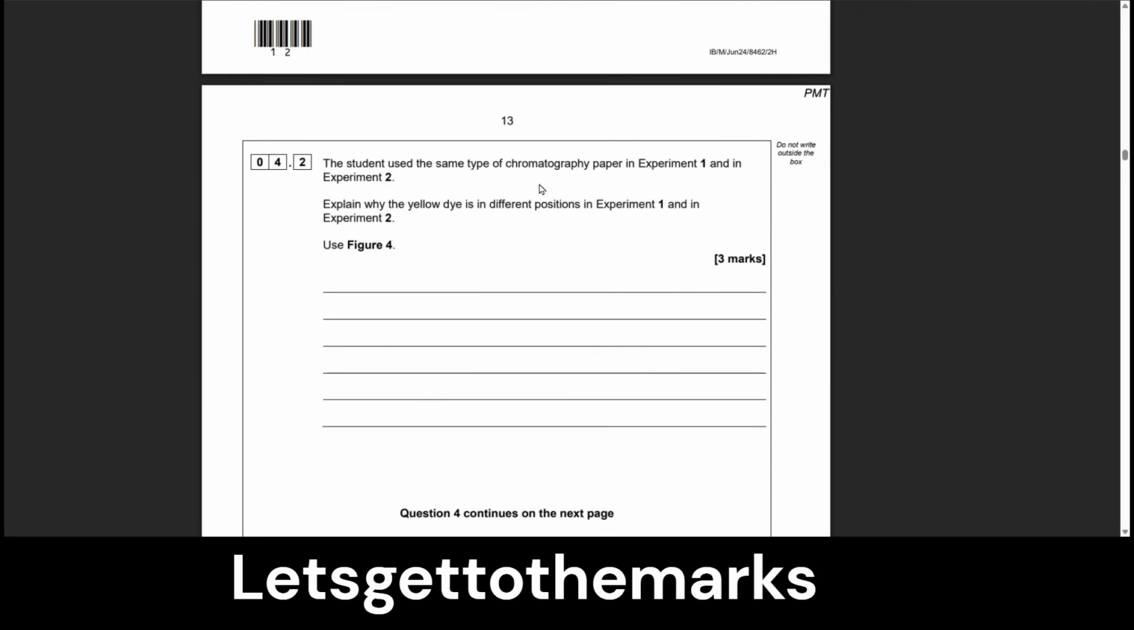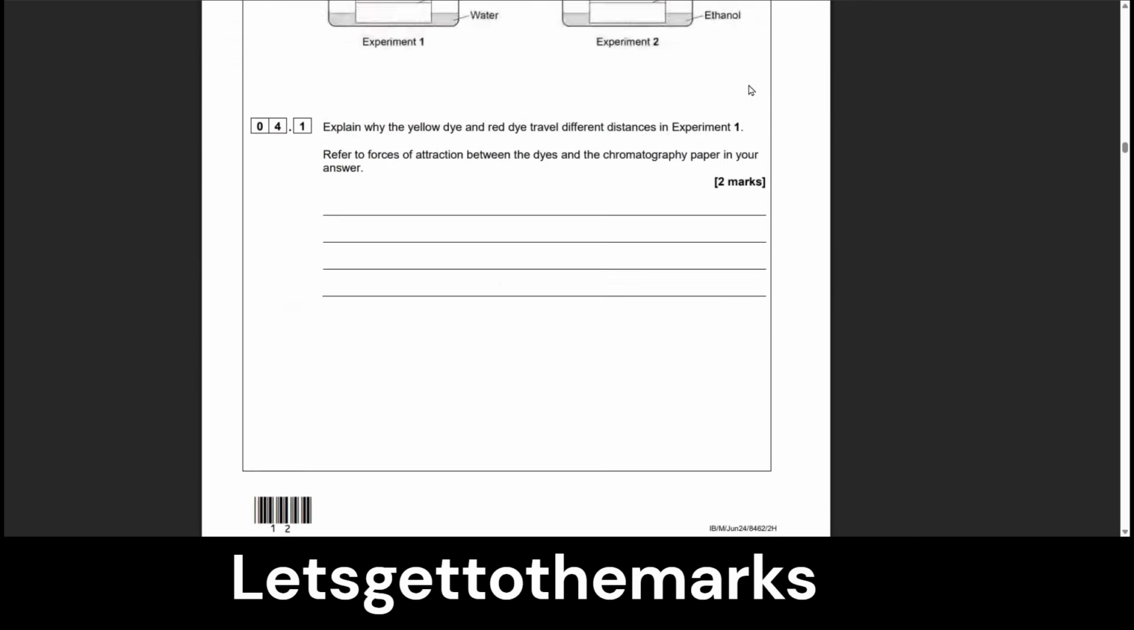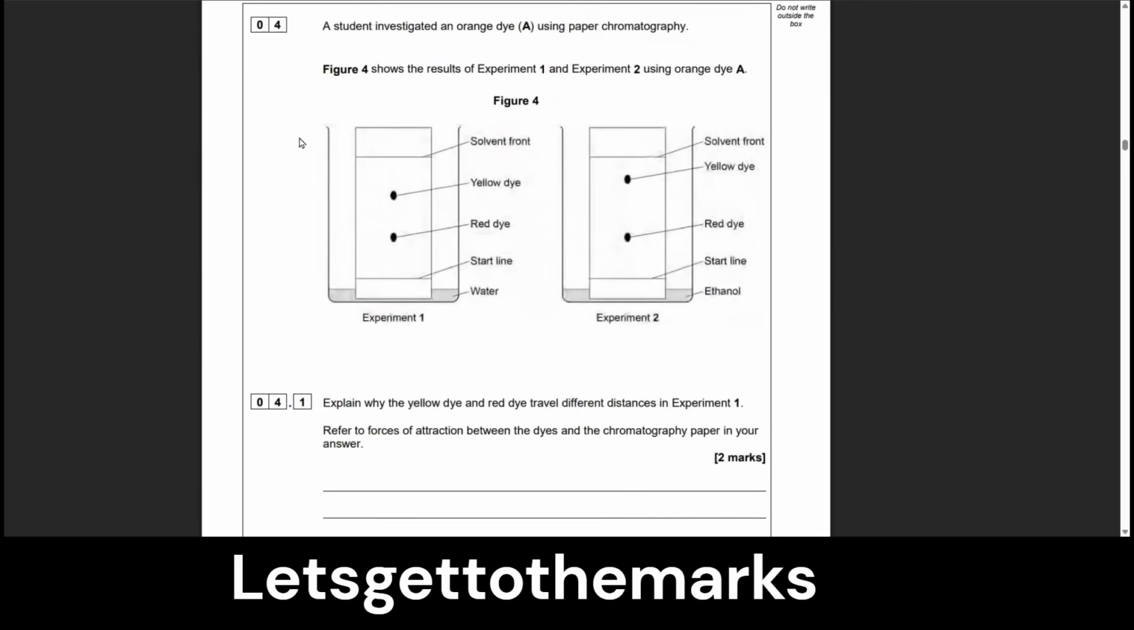The student used the same chromatography paper in experiment 1 and 2. Explain why the yellow dye is in different positions. What did you think they did differently then? Why has the yellow dye moved differently in experiment 2? Let's have a look and see what they did differently. Aha. They used ethanol. So we want to say they used a different solvent. And what does it tell us about the yellow dye's force of attraction to ethanol compared to its force of attraction to water? So it looks like the yellow dye is more soluble in ethanol than it is in water,